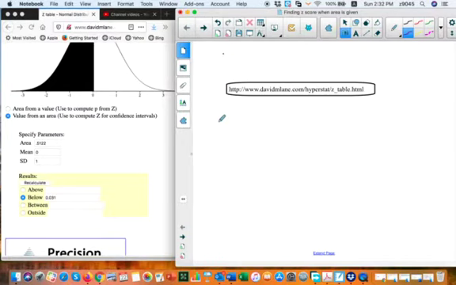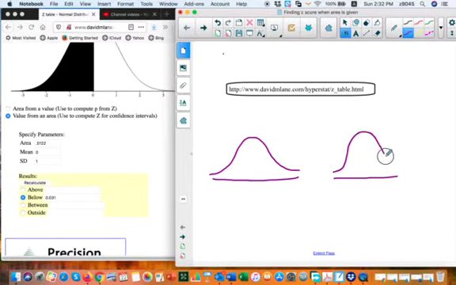In this video, we are going to learn how to find the z-score if the areas are given. And the type of questions which we are going to see are of two types. One is probability for the area towards the right side,